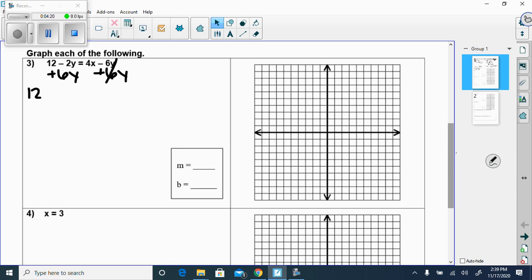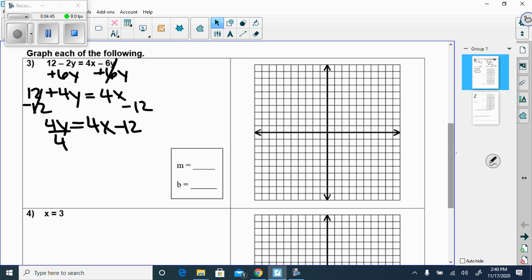And then what's negative 2y plus 6y? So I'll have plus 4y equals 4x. Okay, then what? Good. And I cannot put the 4x and the 12 together because one has a letter, one doesn't. So 4x minus 12. Everything by 4. So I'll have y equals